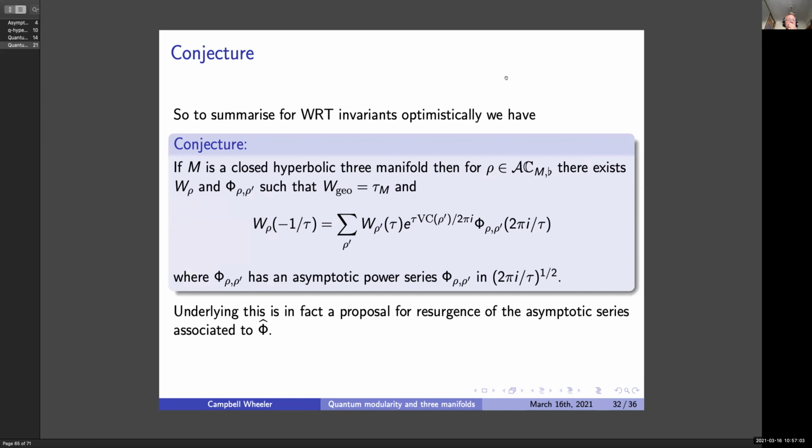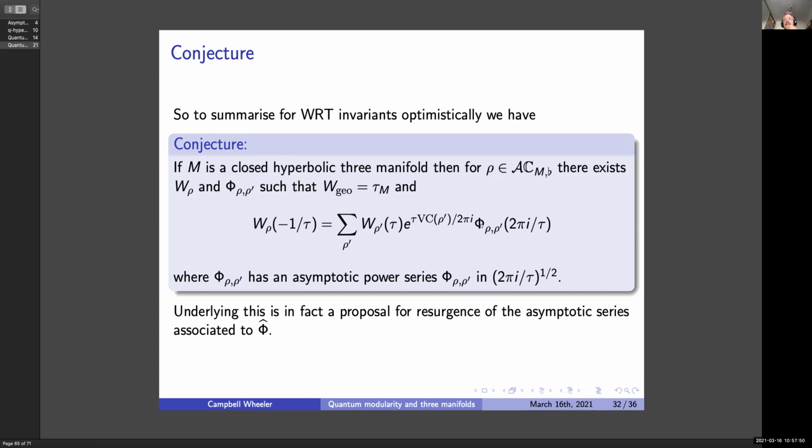So maybe to try and package it up optimistically. As I mentioned, there's so many provisos, but optimistically, you could potentially come to the conclusion of this optimistic conjecture that, for say M a closed hyperbolic 3-manifold, say maybe the flat connections need to be a finite set, then you could hope that there exists some vector W indexed by the flat connections and some matrix phi of rho and rho dash, such that the vector evaluated at the geometric connection gives you back the WRT invariant, and it satisfies this modularity transformation here,